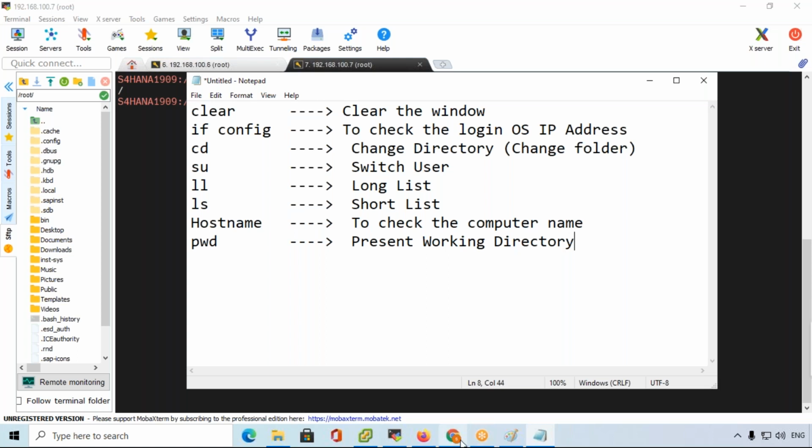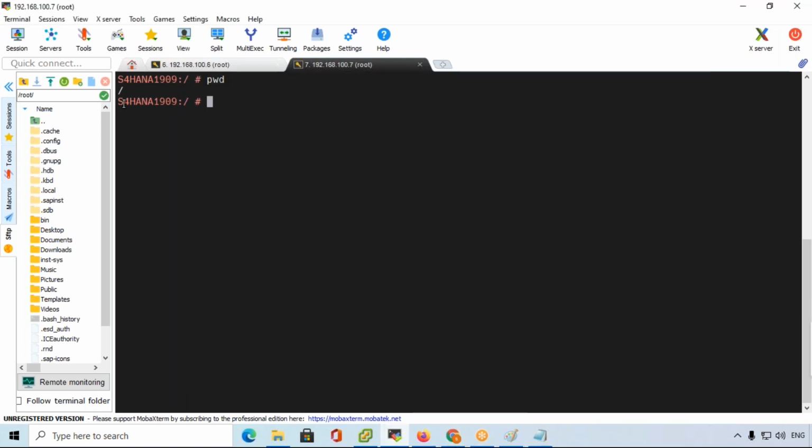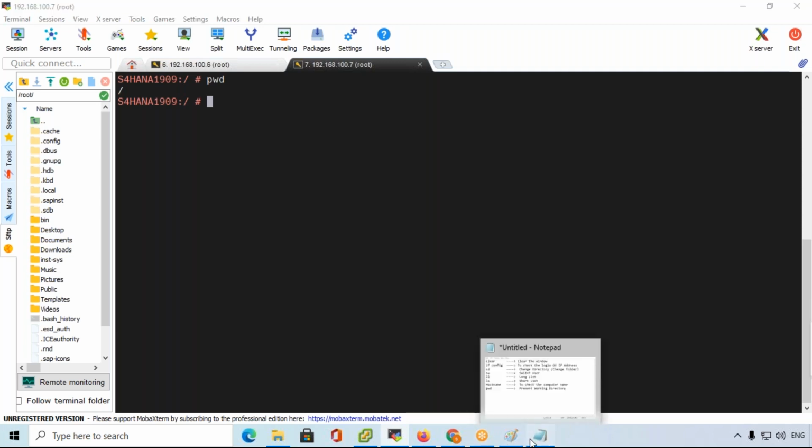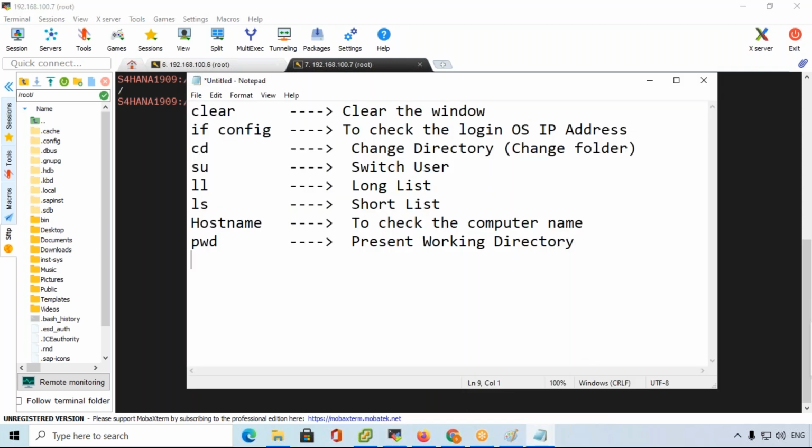So here, whenever we enter this command pwd, forward slash means root. This is the root user.